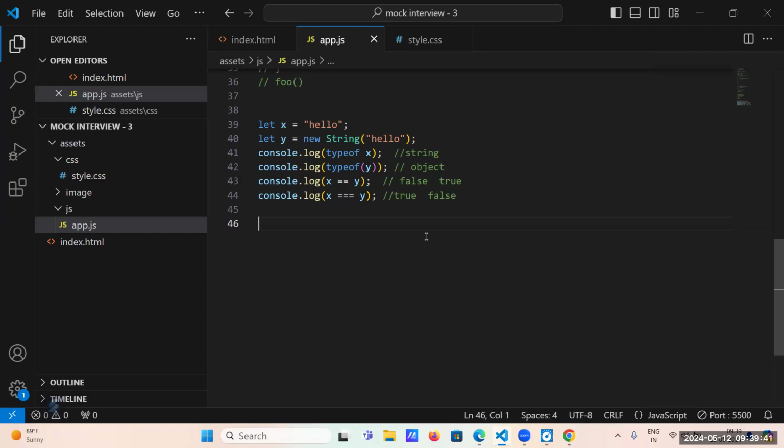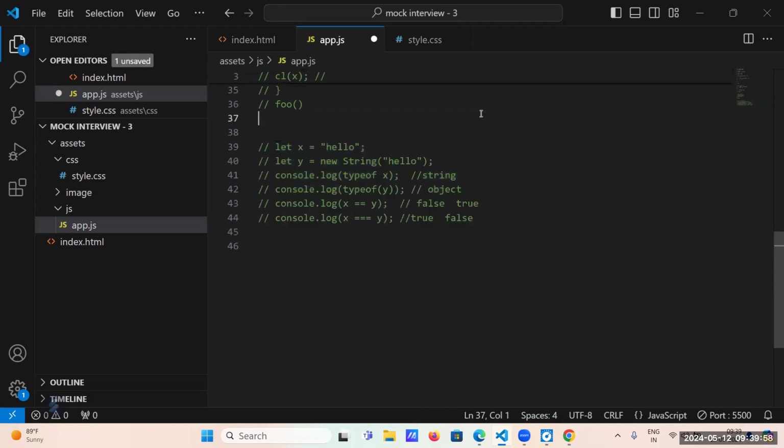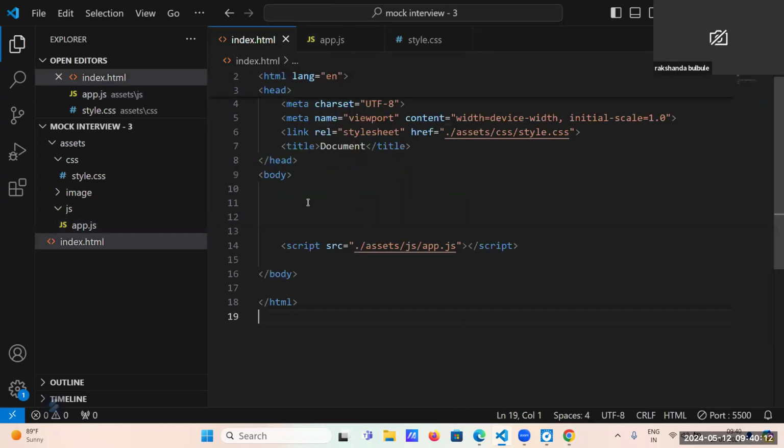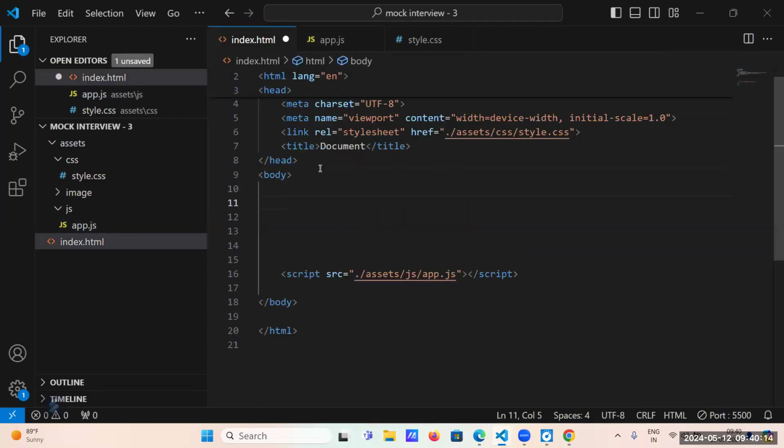Okay, I will give you one task. You will have a button in your HTML, and next to it take one paragraph and show the incremented value. The initial value should be 0. Once you click on the button, it should get incremented to 1. After the second click, it should get incremented to 2, like that. Can you achieve this? Yes, try this. Take your time.